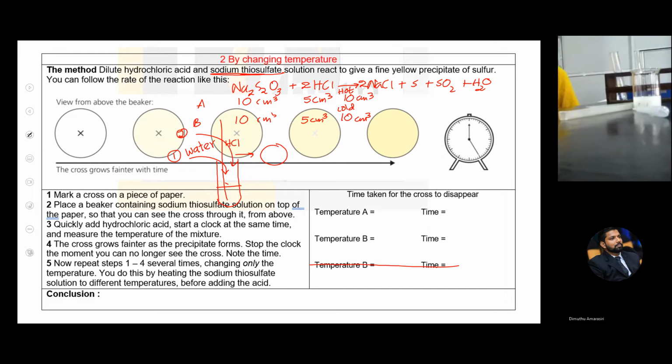Now take cold water. Do the same thing with cold water. Properly. Huh? Can't help. That's the mistake of your